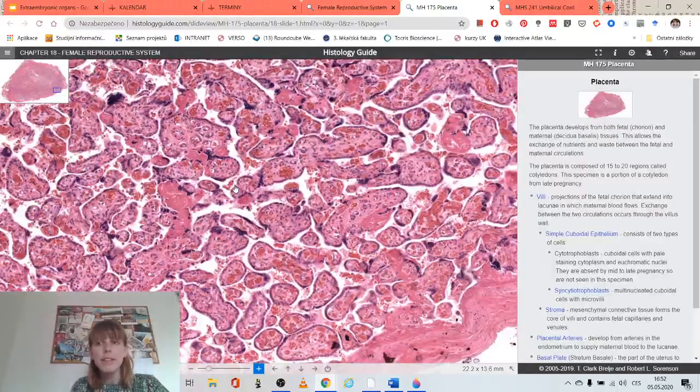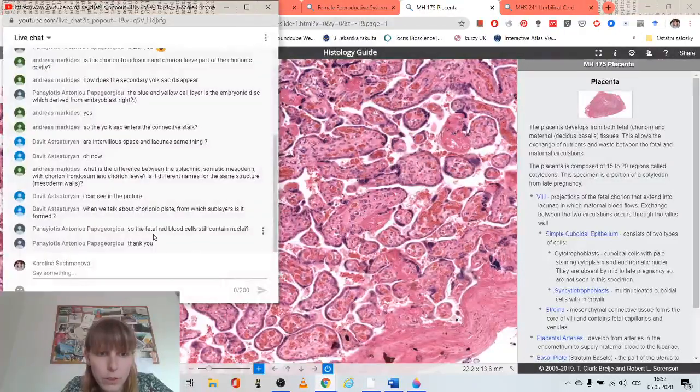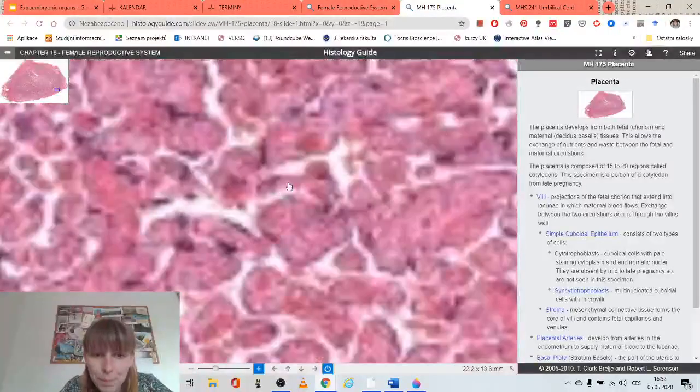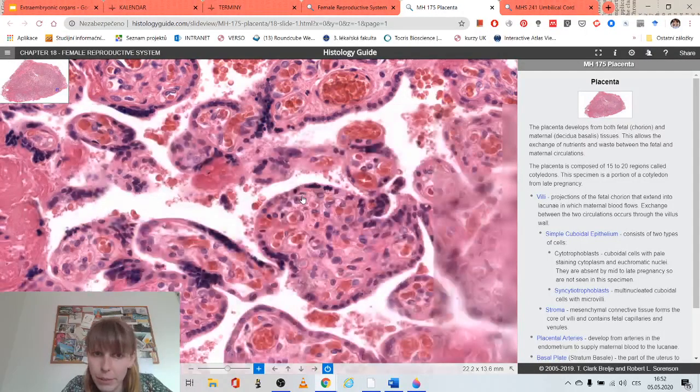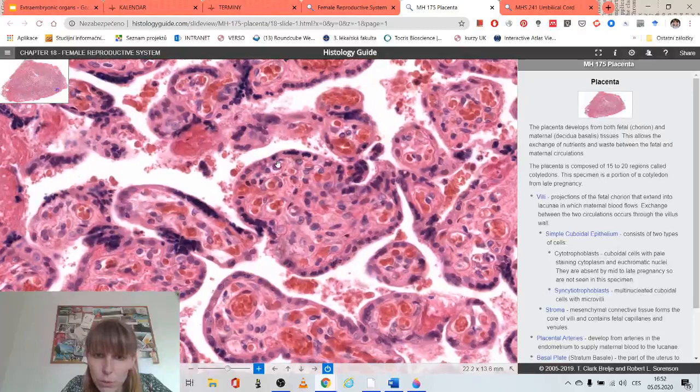to see if this is a placenta from the first trimester or if it's from the third trimester. So let's see if there are any questions. Yes, welcome. And so let's zoom in, and you can zoom in anywhere basically. It's the same everywhere. So if we zoom in,